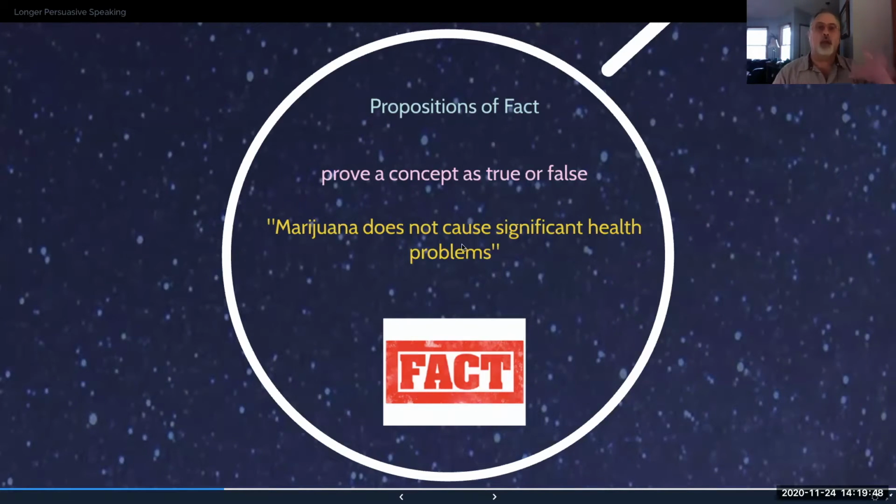And then you go in and you pull up all the studies that support that, all the university studies, hospital studies, long-term medical studies, all of that stuff that supports whether or not that is true or that is false. And really, that's all you're looking for. It's either true or false, good or bad, that kind of thing. And you use a whole lot of fact and logic in order to support your reasoning. There's not a lot of emotion in this particular argument.